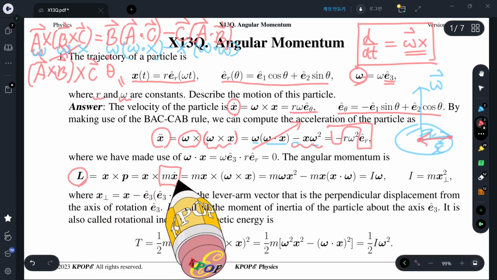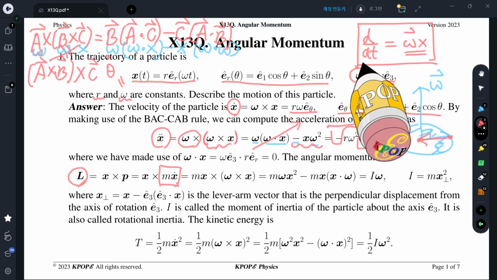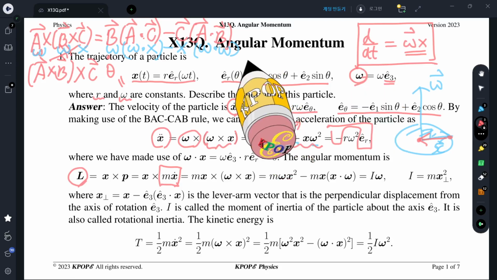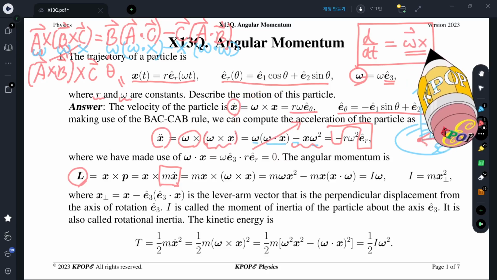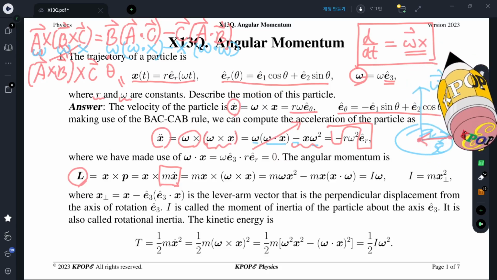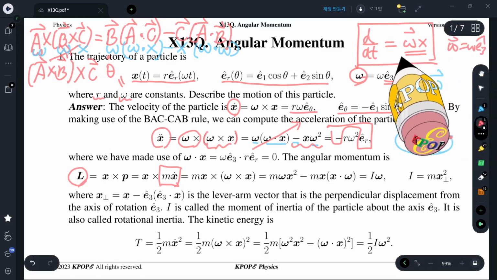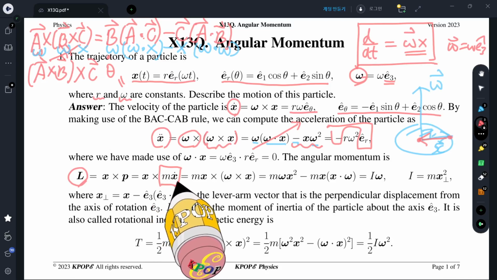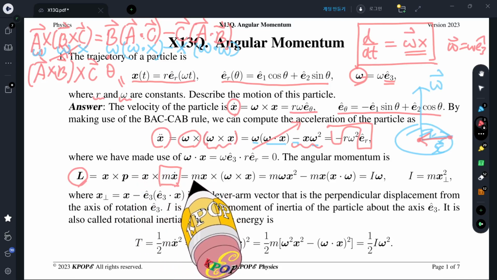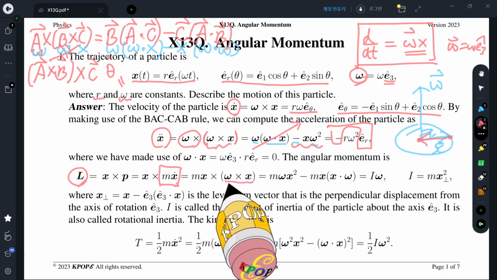Any time derivative for a particle making a uniform circular motion about a fixed axis omega, that is omega e3 hat, is always omega cross. Therefore, I can factor the mass out, and x dot becomes omega cross x. As a result,